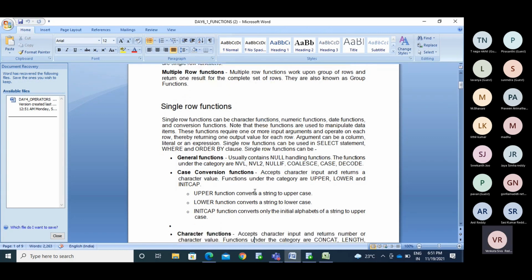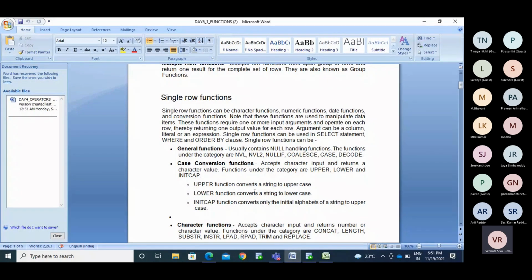Okay, we have case conversion functions. If it is in lower case or upper case, I need to make it, say, upper. While inserting the customer, he may insert in lower case, he may insert in upper, he may insert with the initial letter capital and the remaining small.